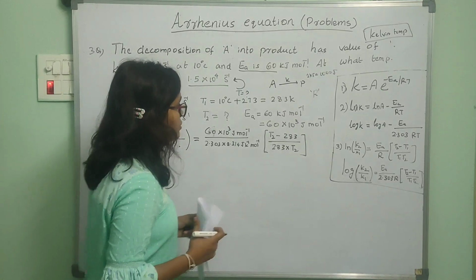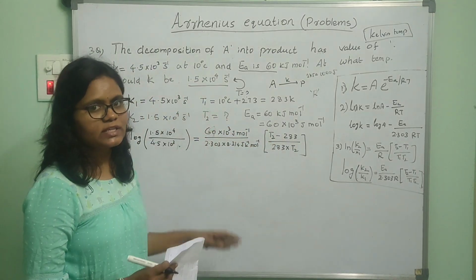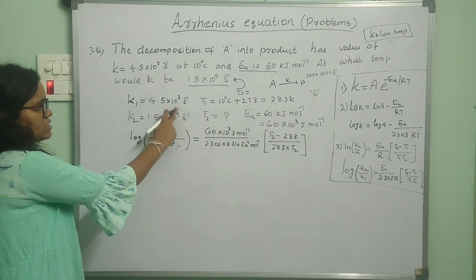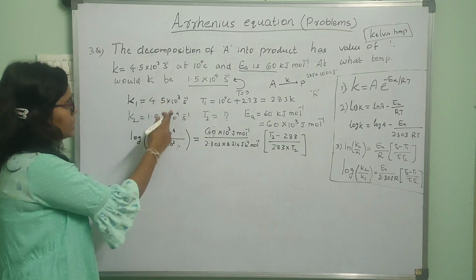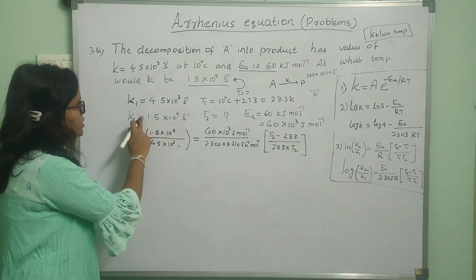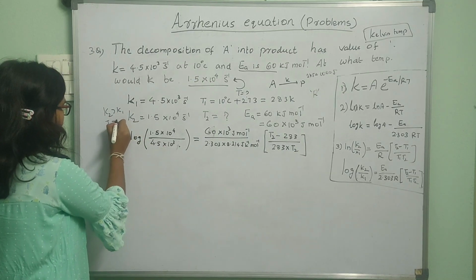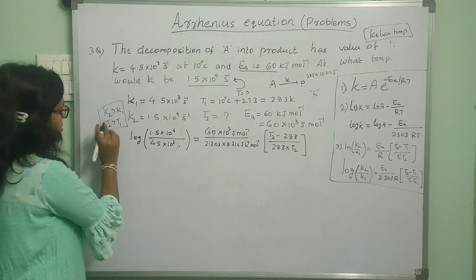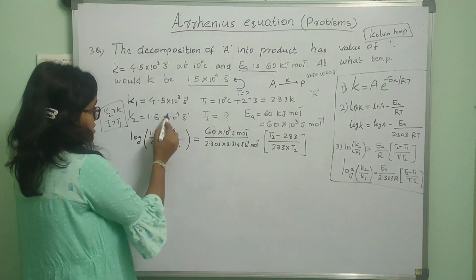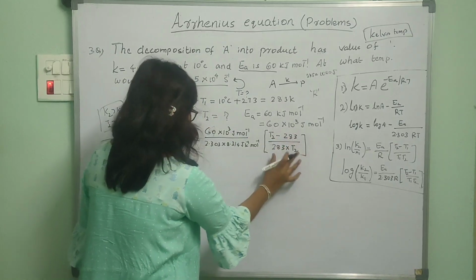Yeah, there is one more important thing. You can make a guess about T2, whether it would be less than T1 or greater than T1. You see that here the temperature is 283 Kelvin and the rate constant is this much. Now K2 is larger than K1, right? Here it is in the order of 10 power 3 and here it is 10 power 4. So K2 is greater than K1. So obviously T2 should be greater than T1. So a rough guess you can make from this. Okay. So as the temperature increases, rate constant increases. So as rate constant is higher, temperature should have been higher, right? Okay, now we will solve this.